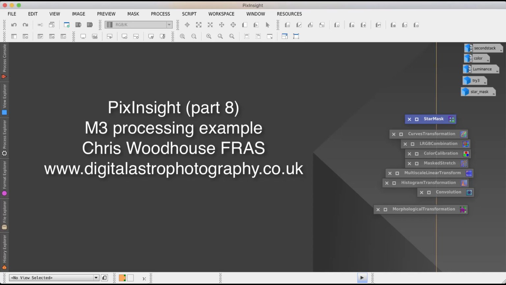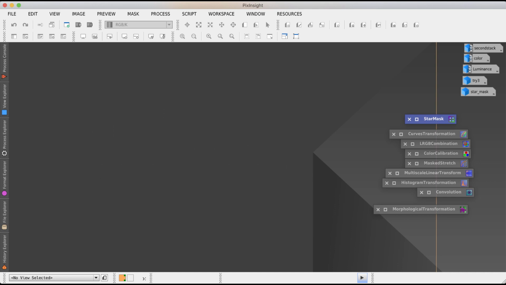Welcome back to another video on using PixInsight. Over the next few videos I'm going to look at processing a number of different types of deep sky object. In this first one, in part 8, we're going to look at the M3 globular cluster that we were processing earlier,